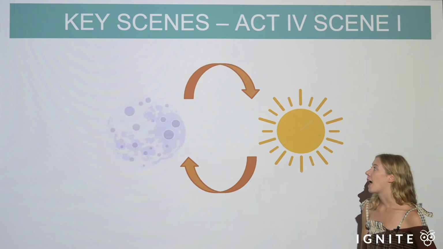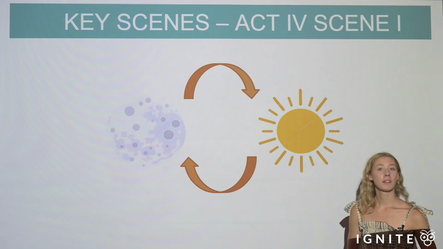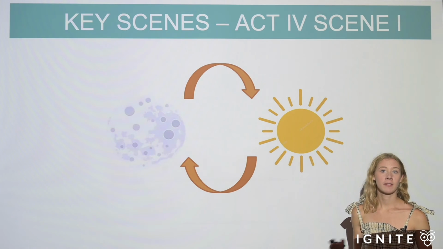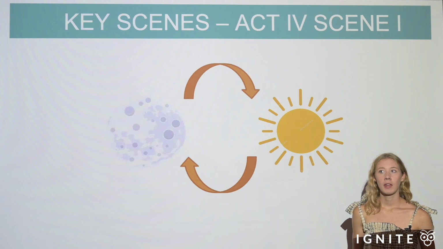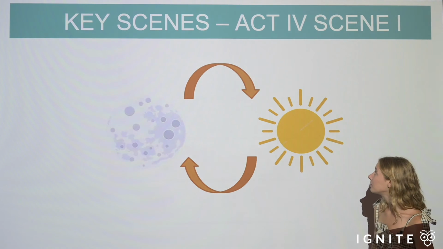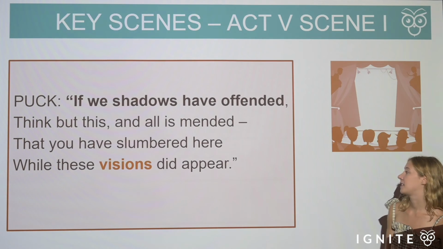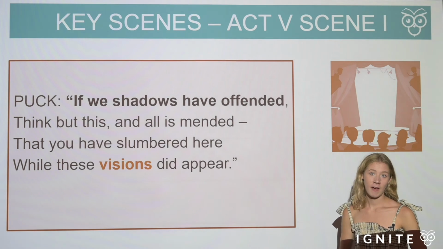So in this act, you see Shakespeare grappling with what dreams actually mean, as I said before, and he's looking at what they mean to broader society in terms of how they relate to our subconscious desires, and he's trying to grapple with how to best use dreams and how to engage with them. So then the last key scene we're going to talk about is Act 5, Scene 1.